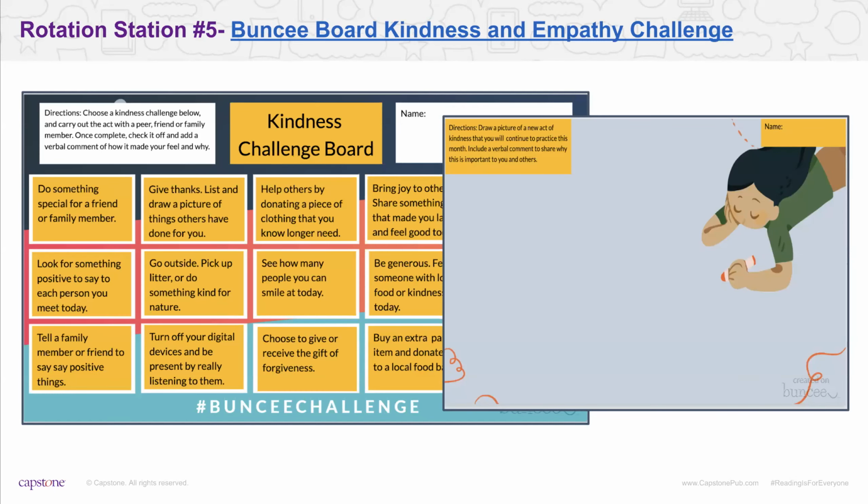Now, here's some bonus items for rotation station number 5, if you're interested. Beyond those activities, there's so much more that we can do as educators to differentiate that instruction to meet every learning need a child has in your classroom. So why not give them the world, right? That's what it's about. In Buncee, I've customized and made for you